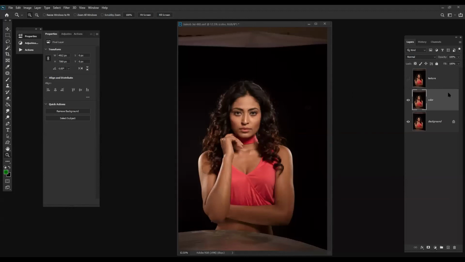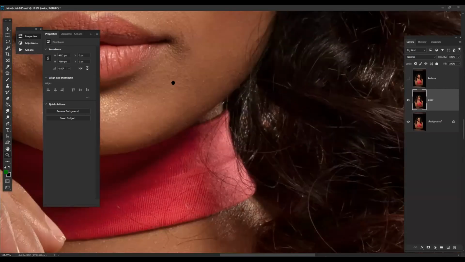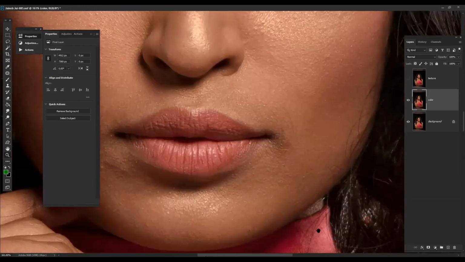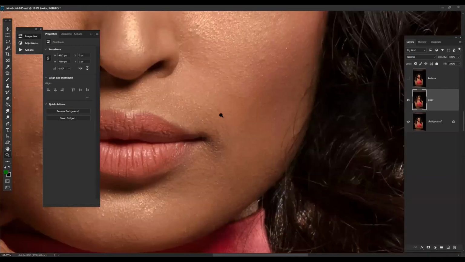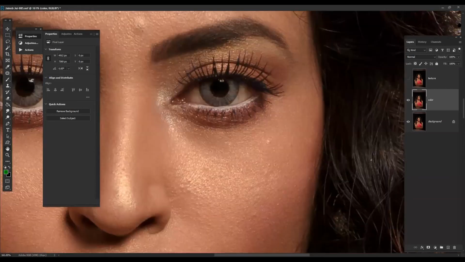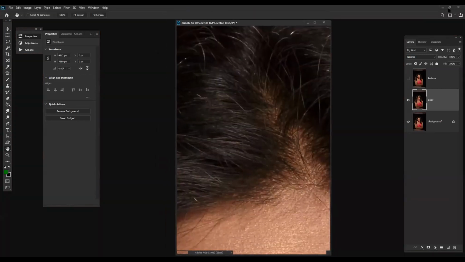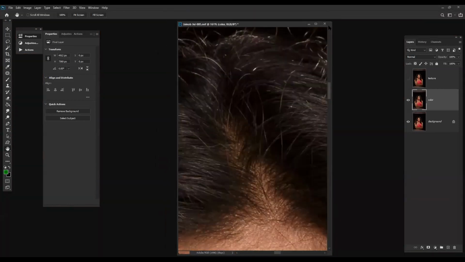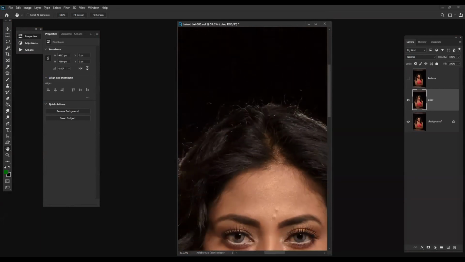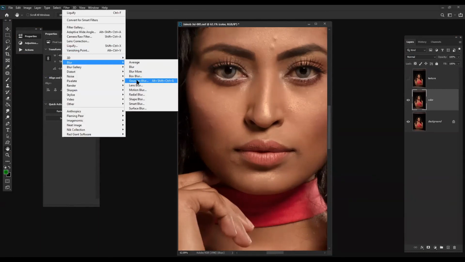So what's the basic we have to do in frequency separation? What we have to do with the color layer? We go to filter, to blur, to Gaussian blur.